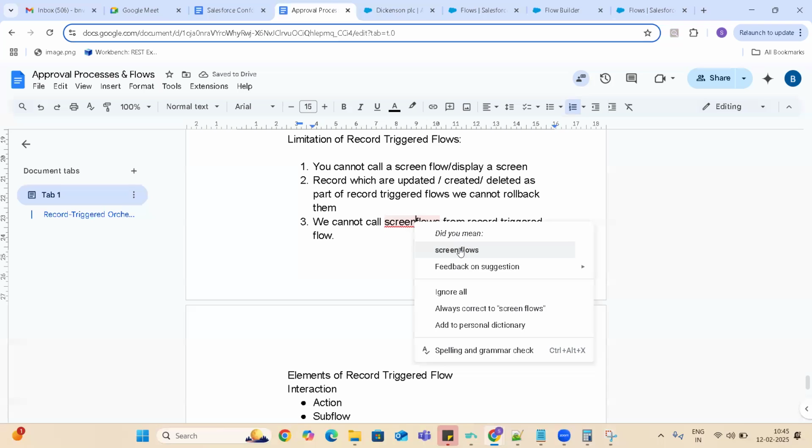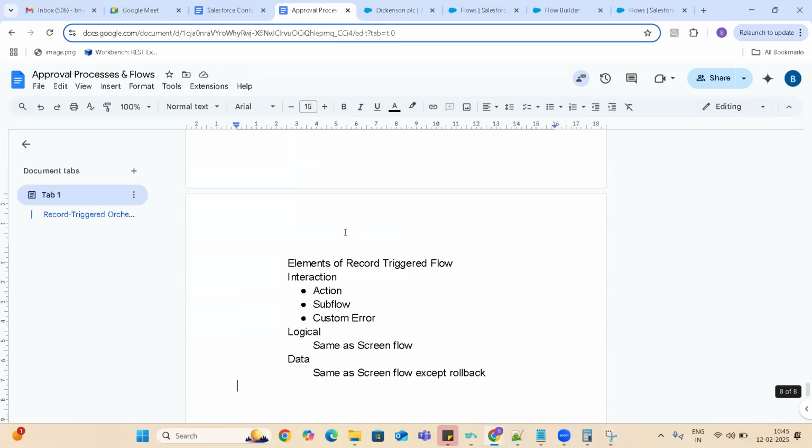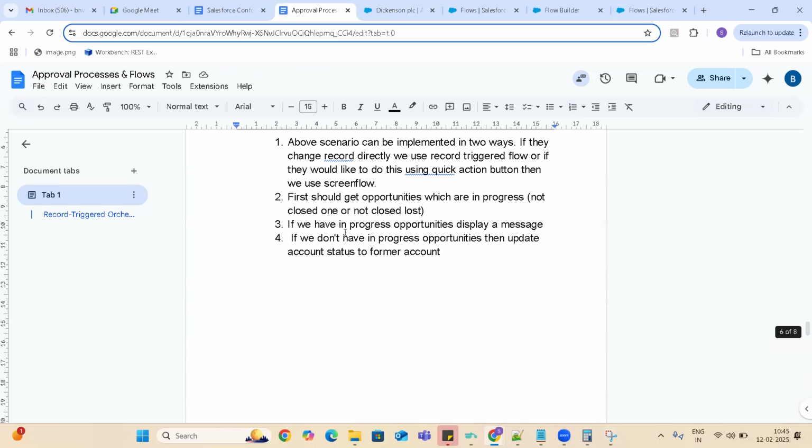We can't call screen flows from record triggered flows. And the elements are almost the same except the rollback ones. So now if we see our five scenarios, guys,